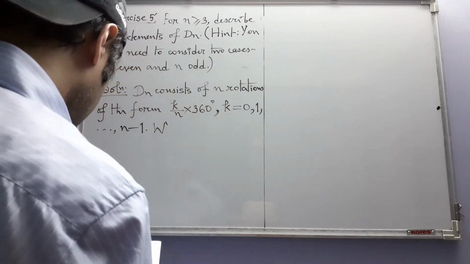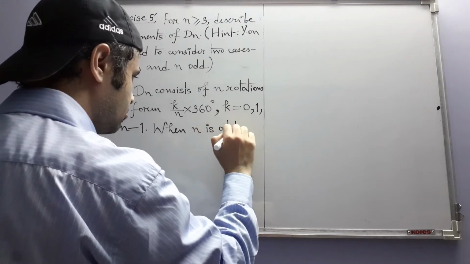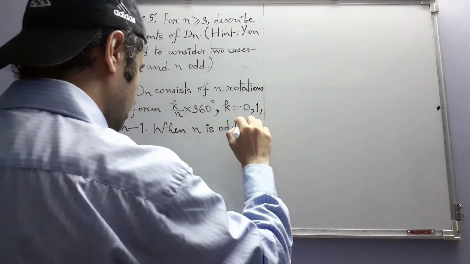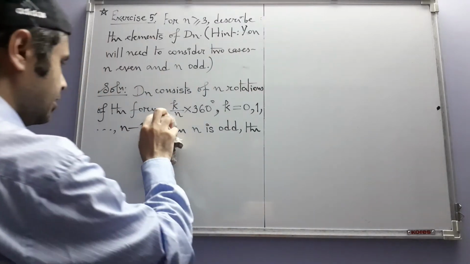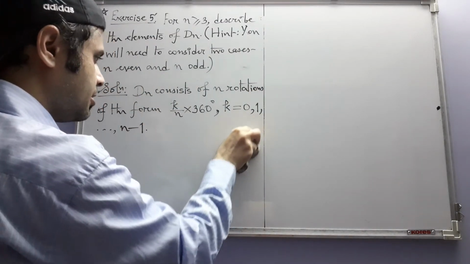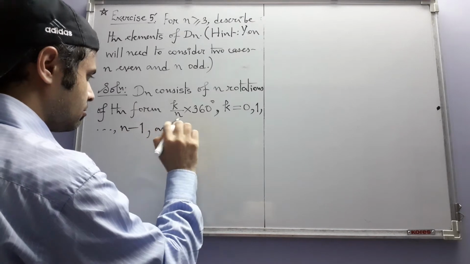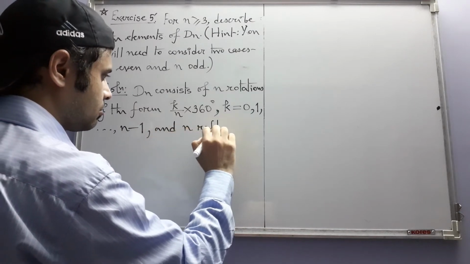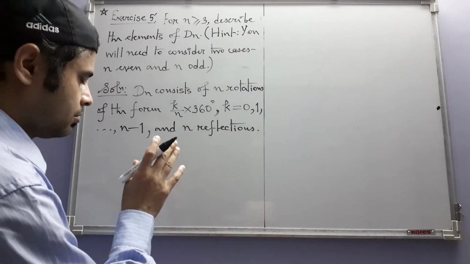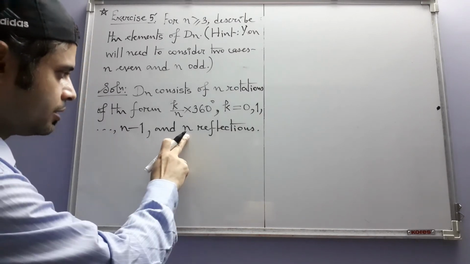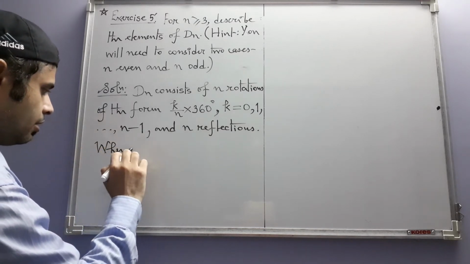What about the other symmetries? We have to also say that the other symmetries are reflections, and in reflections, the description of these reflections will depend on the parity of n, whether n is even or odd. So there this next thing comes, when n is odd,